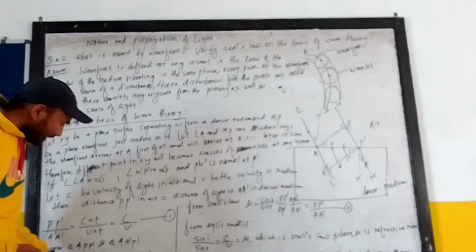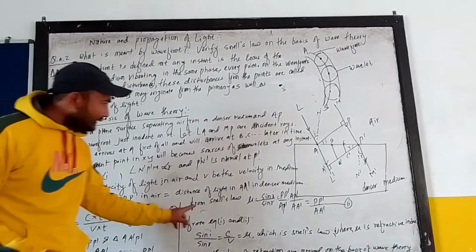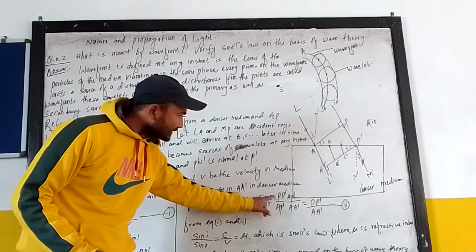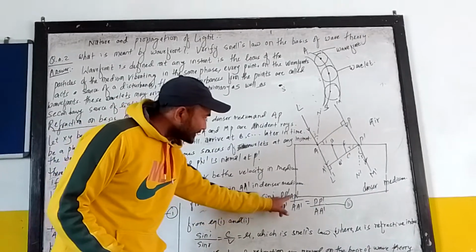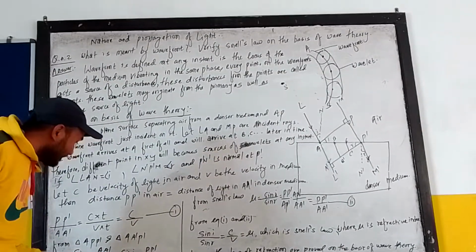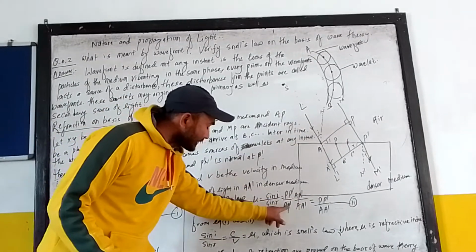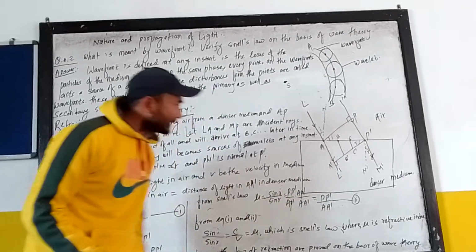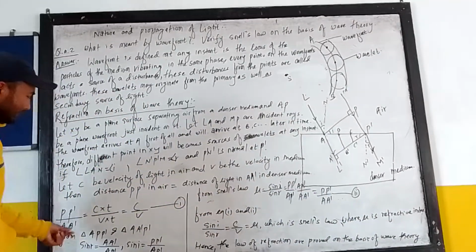When you compare sin I and sin R, you can write Snell's law: mu equals sin I upon sin R. In place of sin I we write P dash divided by A P dash, and in place of sin R we write A dash P dash divided by A P dash. I replace all these values, and when you cancel the two A P dash terms, you get P dash divided by A dash. This is equation 2. Combining equations 1 and 2,